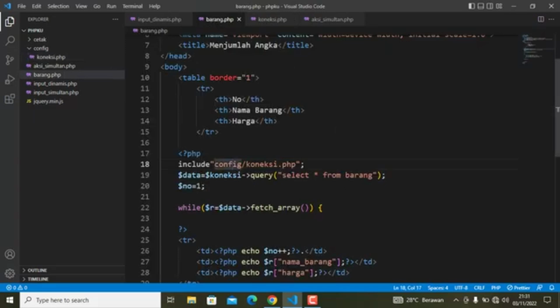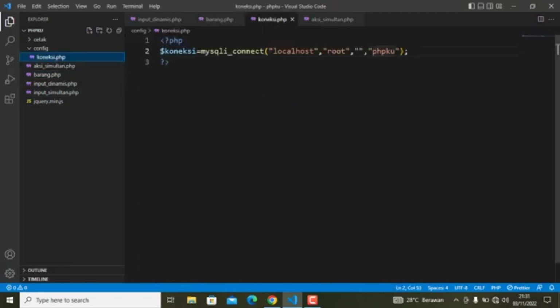Next, there is a command like this, which means selecting all the data in the item table. Next here, we use $connect. $connect is called from the config folder. This is the konekc.php file. If we open this,